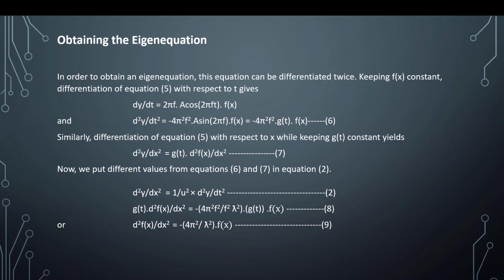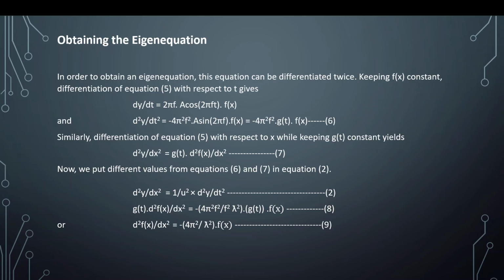This is equation 2. So the term on the left hand side, d2psi upon dx2, is equal to g(t) d2f dx2, and the term on the extreme right hand side, d2psi upon dt2, is equal to minus 4 pi square f square g(t) f(x). So we will simply substitute the values